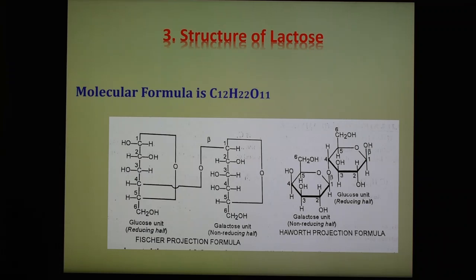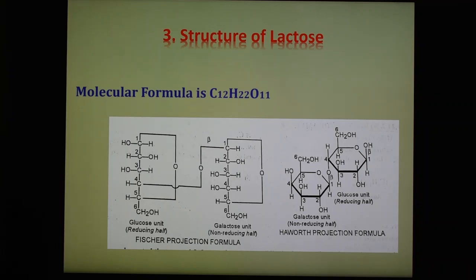hydroxylamine to form an oxime. It also undergoes oxidation, forming lactobionic acid. So the structural formula of this compound is the same, and it also shows reducing nature. Monosaccharide units are also there, and here the nature of the glycosidic linkage is present in this compound. And again there are a glucose unit and a galactose unit. One is a reducing and another is a non-reducing unit, as shown, and here this is the